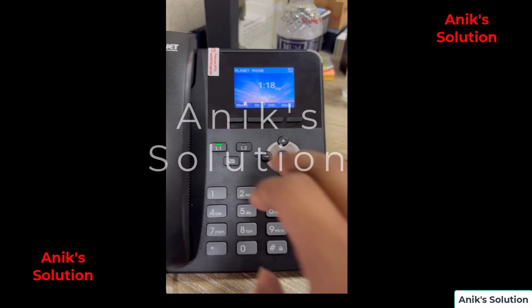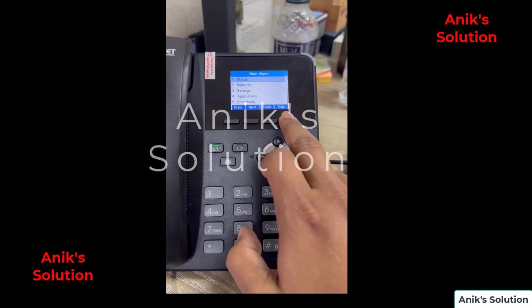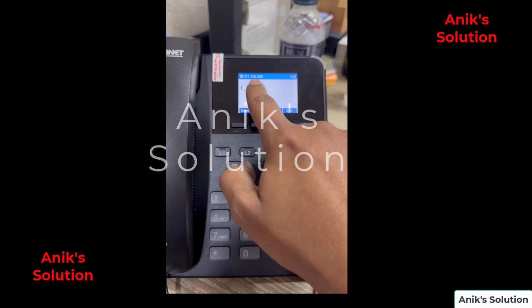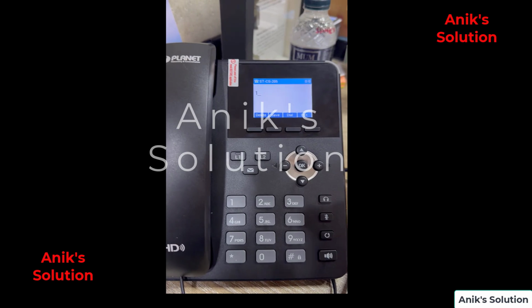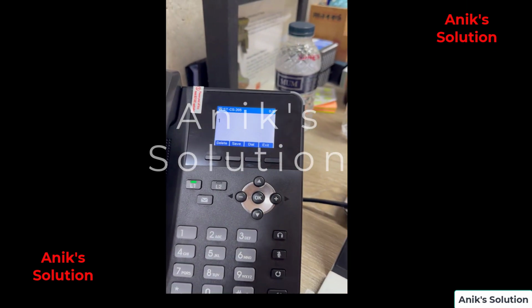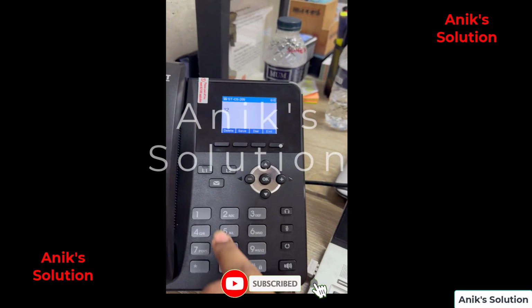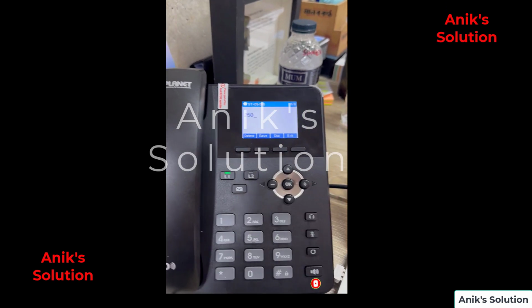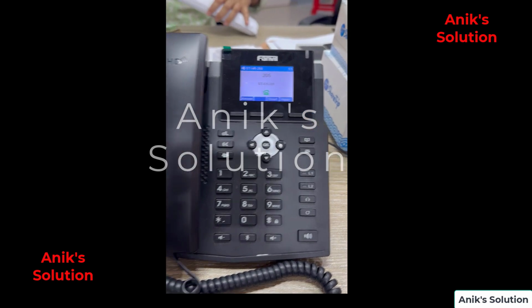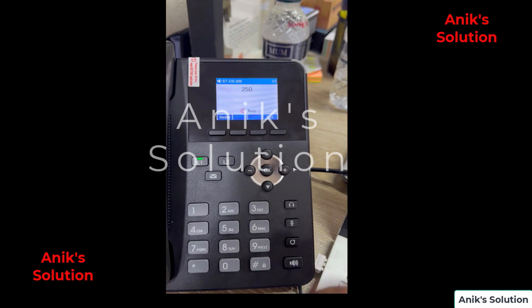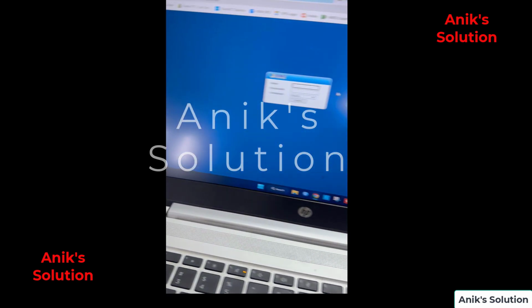Now we check our IP phone status. Here is our IP phone, and we check that our stcs205 is configured. Now we dial our other extension and call our other IP number, and now it is already calling this support, and here we show the call is going. I am cutting my call,